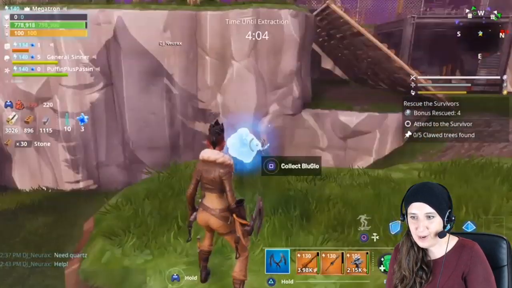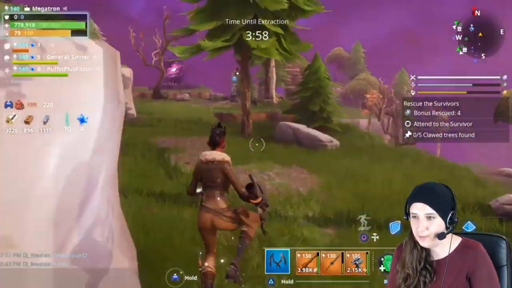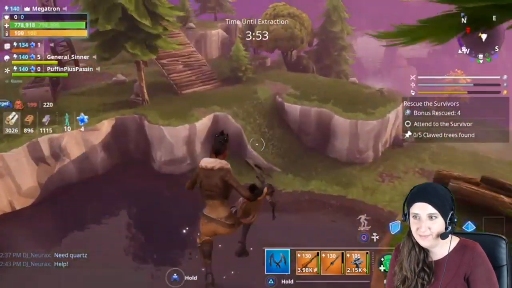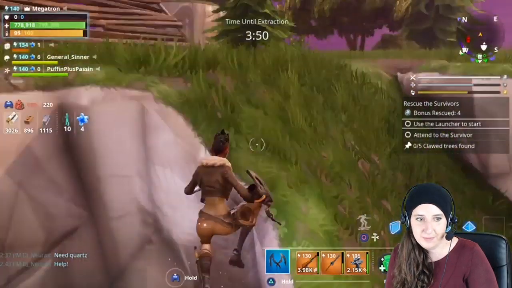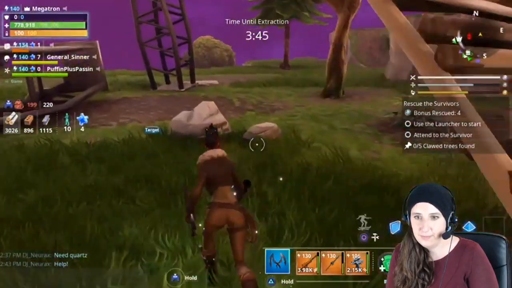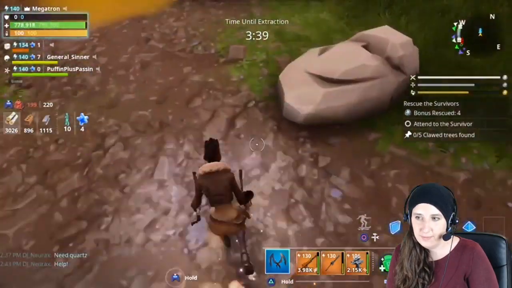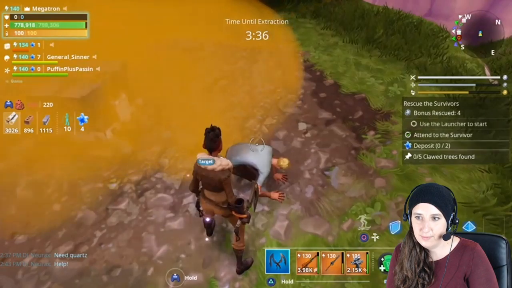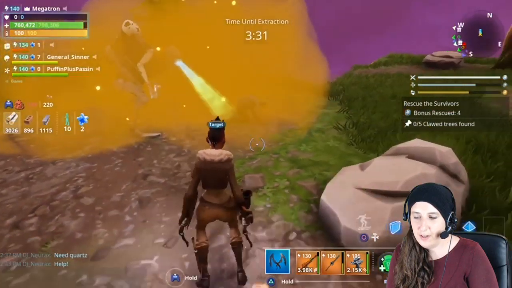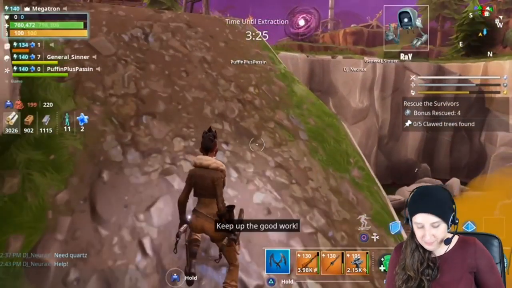Alright, so I had a guy marked target. He's north of me. I have enough blue glow for him now, so there he is. You serious? Oops. Ow. There you go. Bye, friend. Keep up the good